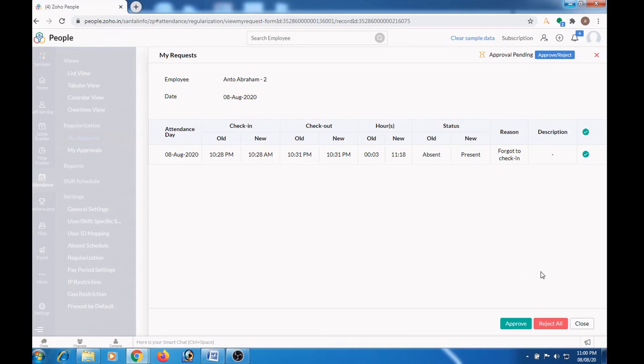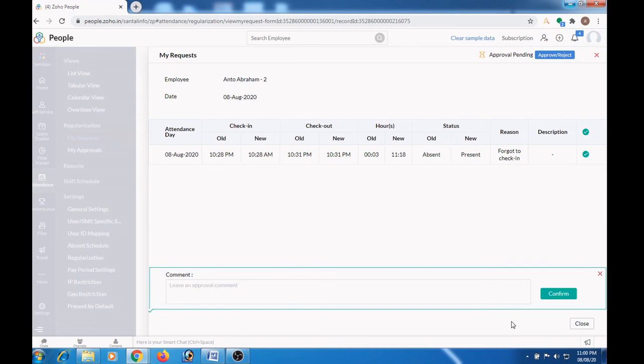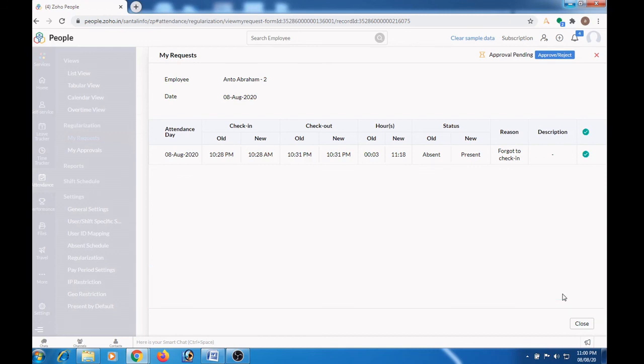The admin can either approve or reject this request. To approve this, click the approve button. In the comment section, we can type any comment and click the confirm button. Now this request has been approved by the admin.